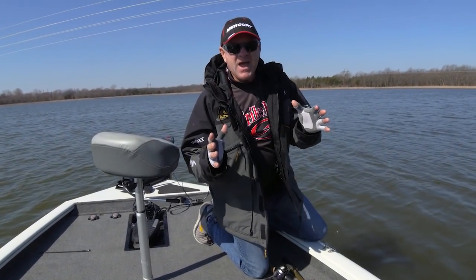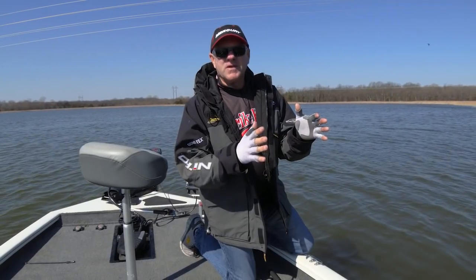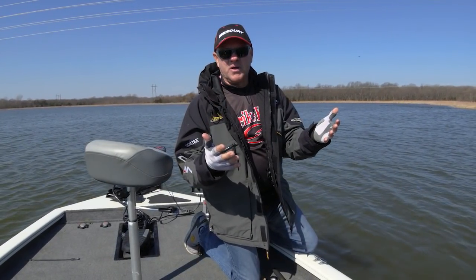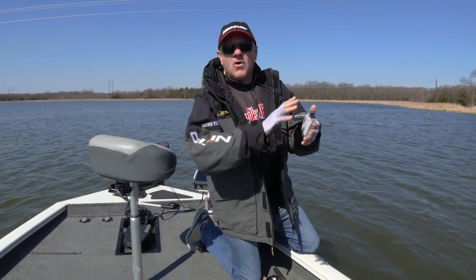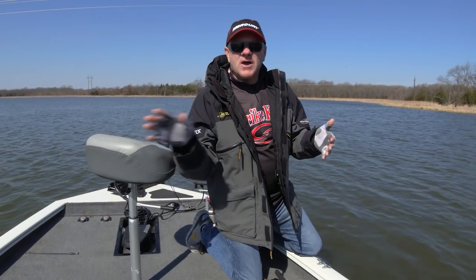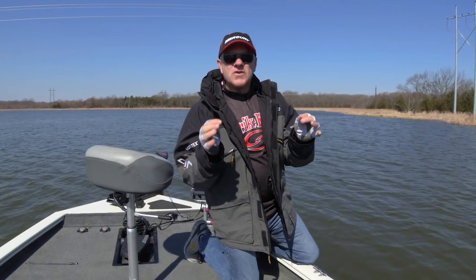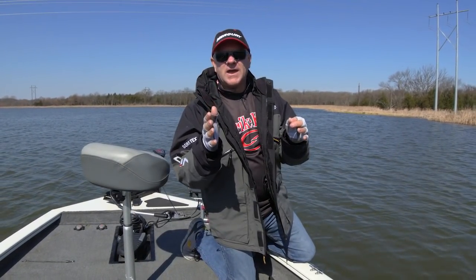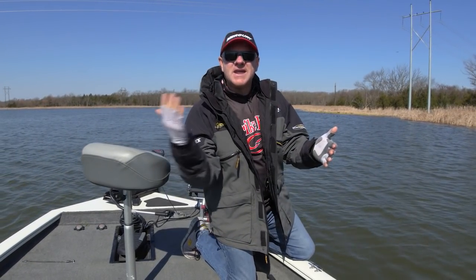But the bass are either feeding up, getting ready to spawn, looking for a place to make a nest, actively spawning, guarding the fry that hatch on a bed, or either accessing in or out of those spawning grounds looking for food. So you want to position yourself by taking advantage of that and finding those migration routes where the bass are moving in and out